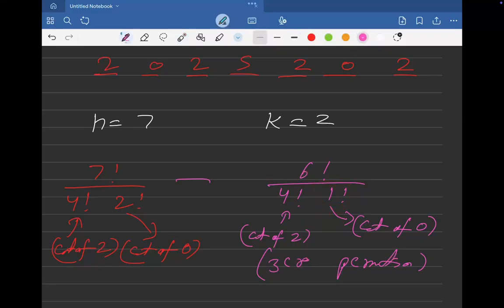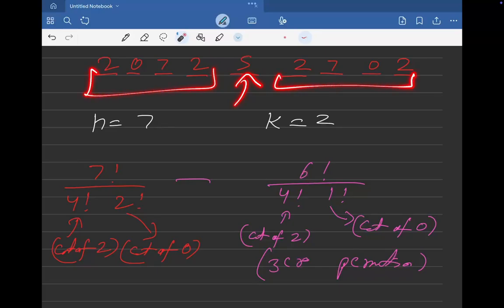So what if my string looks like this: 5 here and 5 here. So this is a palindrome, not 5, 0 and 7, right? So this is my middle point, and this is a palindrome of this. This is just a reversal, and this is a palindrome and also divisible by k. Then